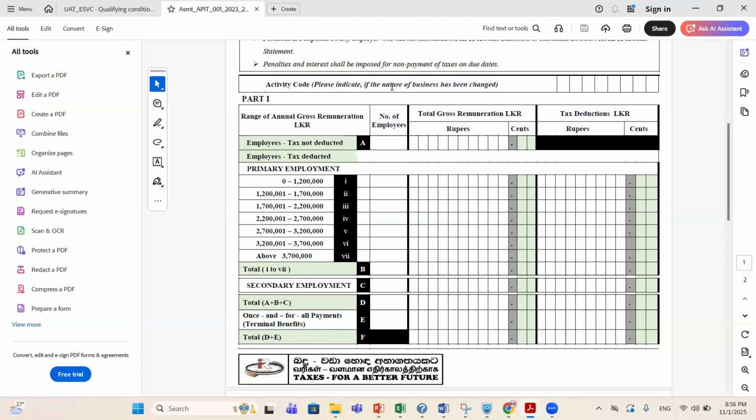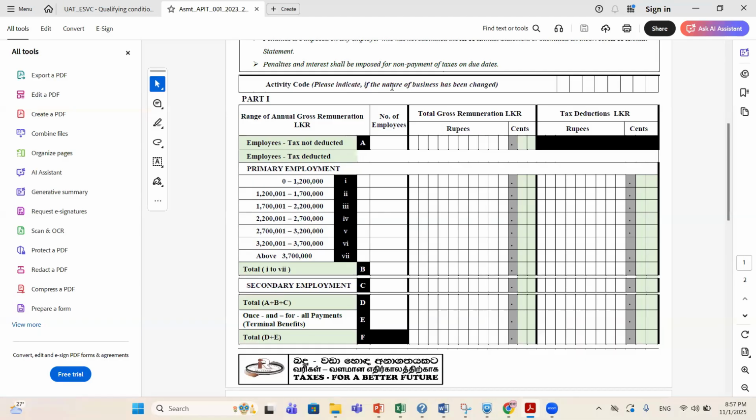So let me present one example. Say the person works for the company as his primary employment, and meantime he is working for some project of this office. There are a lot of projects, especially in the government sector, right?